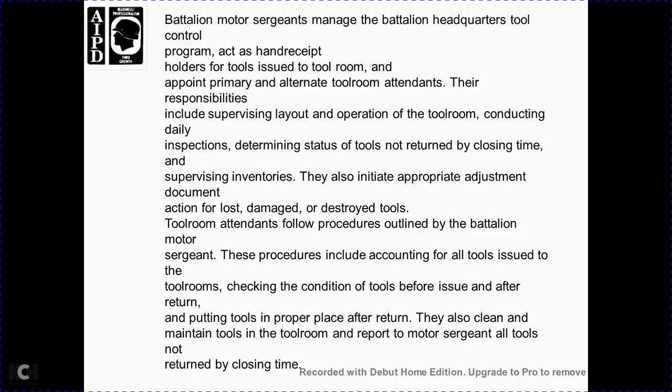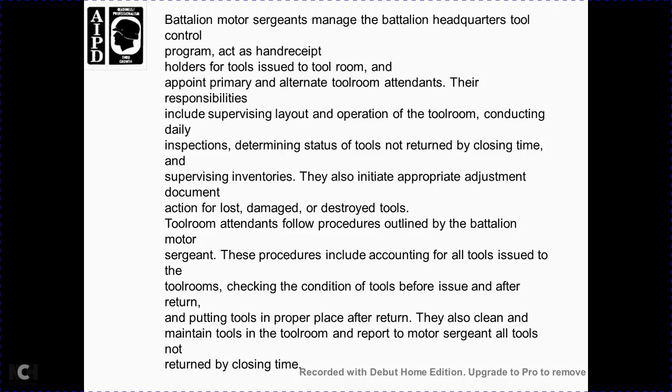The primary and alternate tool room attendant's responsibilities include supervising the layout and operation of the tool room, conducting daily inspections, determining the status of the tools, returning them by closing time, supervising inventory, and documentation, including reports for loss, damage, or destruction. The tool room attendant follows procedures outlined by the battalion motor sergeant. Procedures include the accounting of the